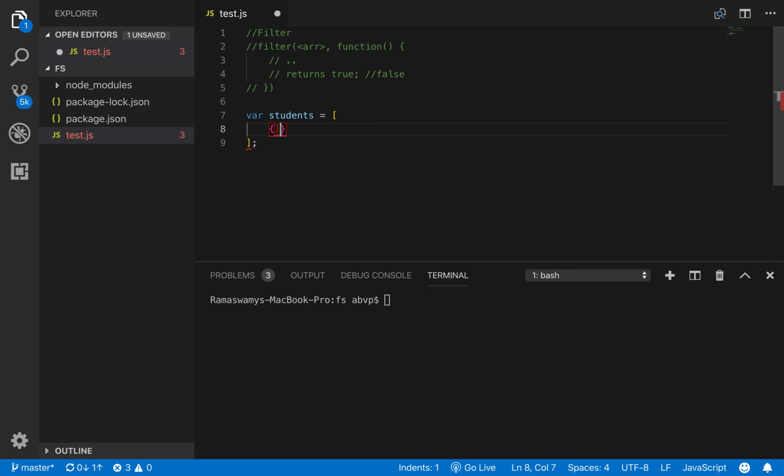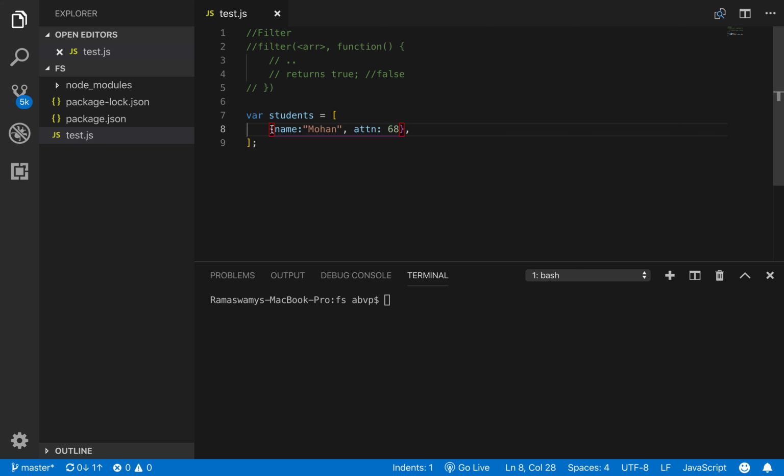So let us have an object having the items name and attendance. So let the name be, say, some name. So let us have the name as Mohan, having attendance, say, 68.